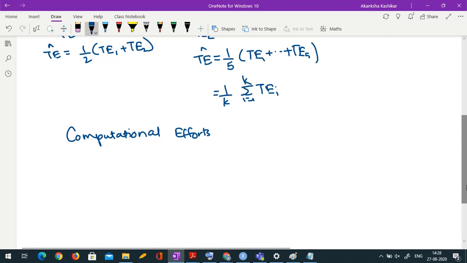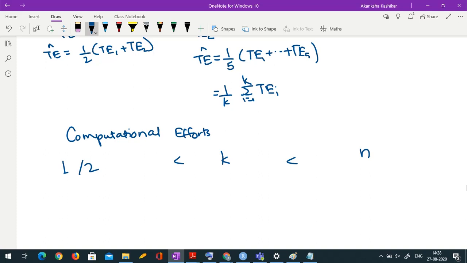See, in the validation set approach, ideally we keep only one fixed set as the validation set, so I need to fit the model only once. Even if I treat it like two-fold CV, I still have to fit the model only 2 times. So at most 1 or 2 times in the validation set approach. In the k-fold approach, I have to fit the model k times. And in the last approach, LOOCV, leave one out cross validation, I have to fit the model n times. Of course, we know this.